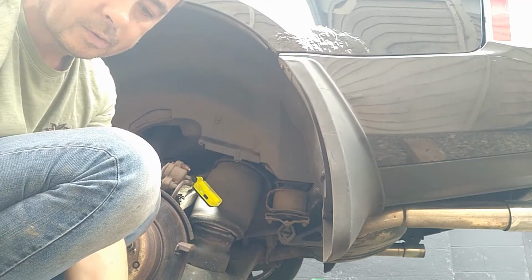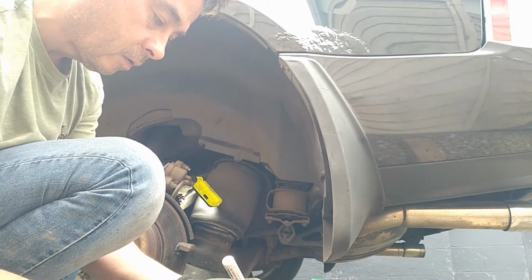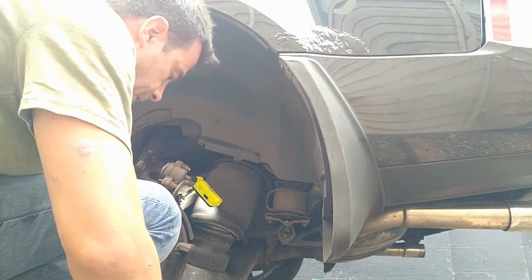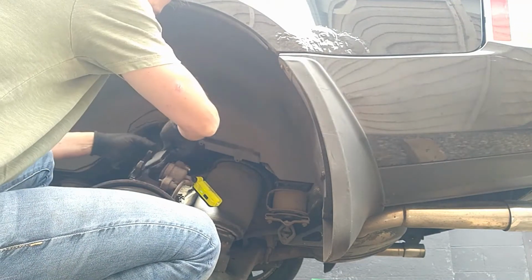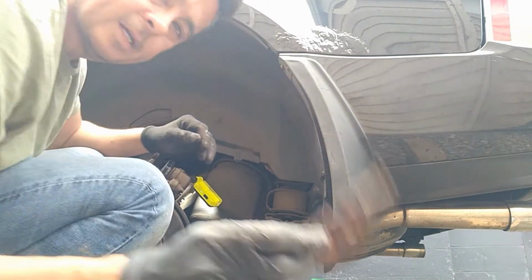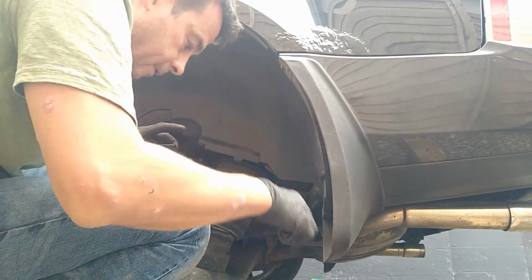Another little thing I like to do is get yourself a little pen, and I like to write the date so I know when I last changed them. So September 21. Okay, let's get these on. Obviously the spring side, that's that side, is the one that goes in the piston. I'll put a little bit of